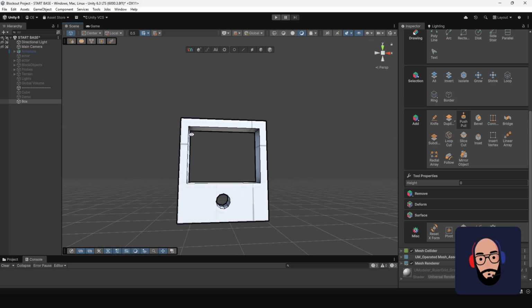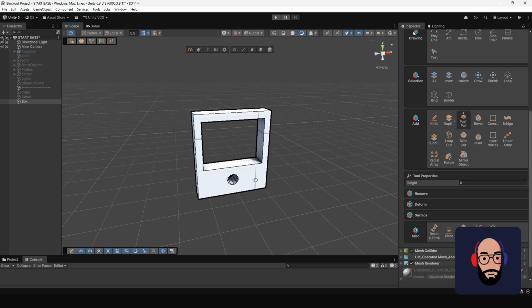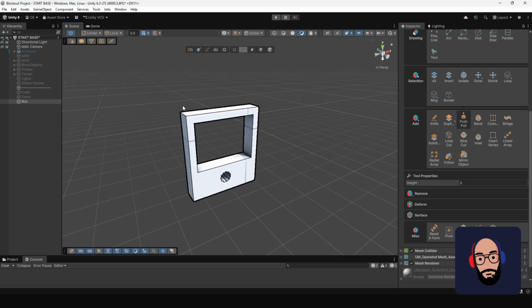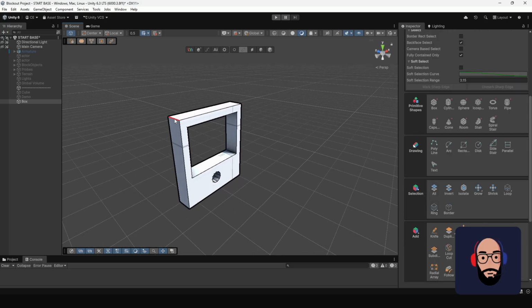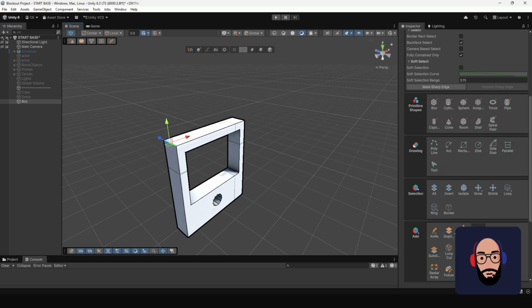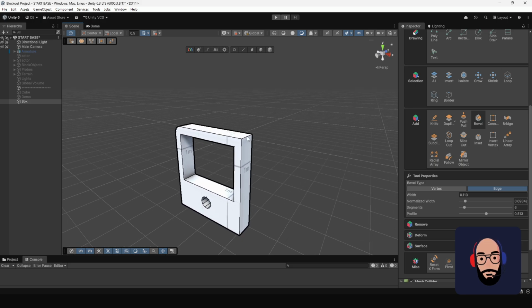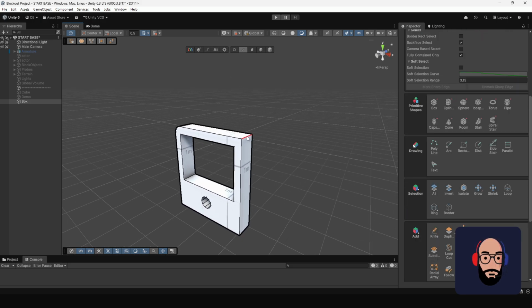Another important tool in the Add group is Bevel. I'll switch to Edge Selection and choose the Bevel tool. When I select the edge and apply the bevel, it creates a chamfered or rounded transition. In the properties, you can adjust the width or the number of segments to get the exact look you're looking